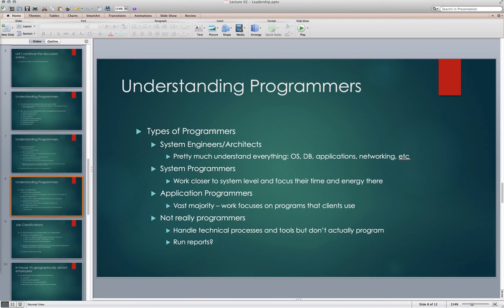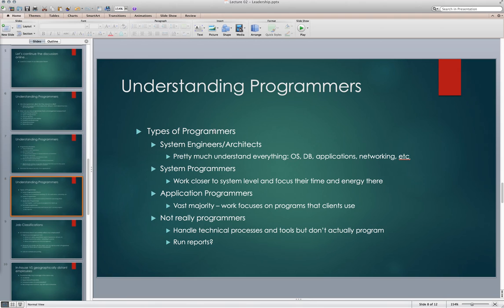Different types of programmers, I won't spend too much time here just because we kind of covered it in the disciplines. You have varying degrees of expertise is really all this is saying, and varying areas where people like to specialize or focus in. If I come to you looking for a job and I have 10 years of web development experience, and you want someone that's going to make drivers to support some software running on some new piece of equipment, I may not be the best fit.